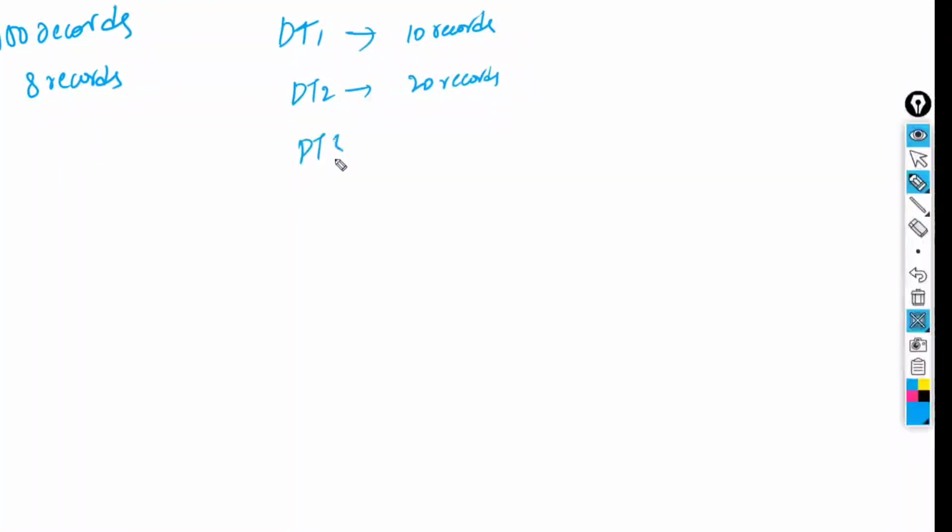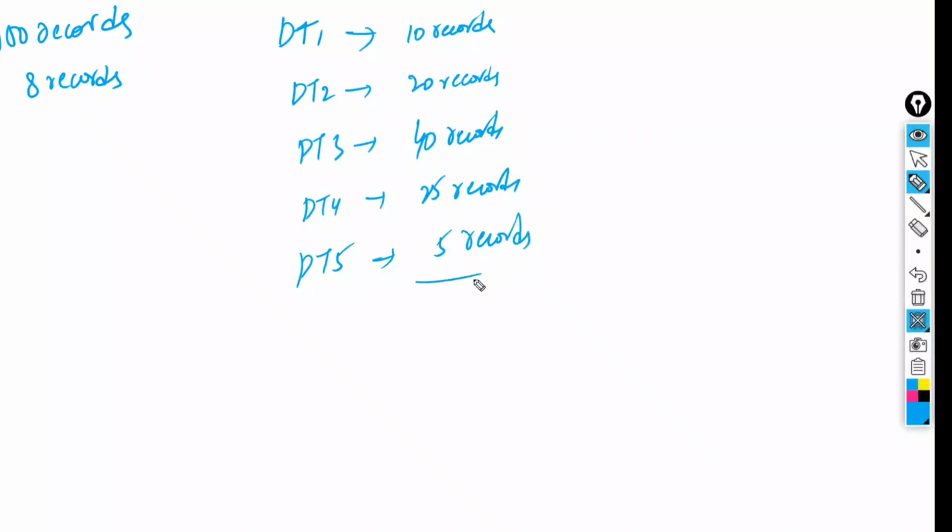Decision tree 3 has selected 40 records. Decision tree number 4 selected 25 records. Decision tree 5 has selected 5 records, which totals 100 records. So one decision tree has selected 10 records, one 20 records, one 40 records, 25 records, and 5 records.